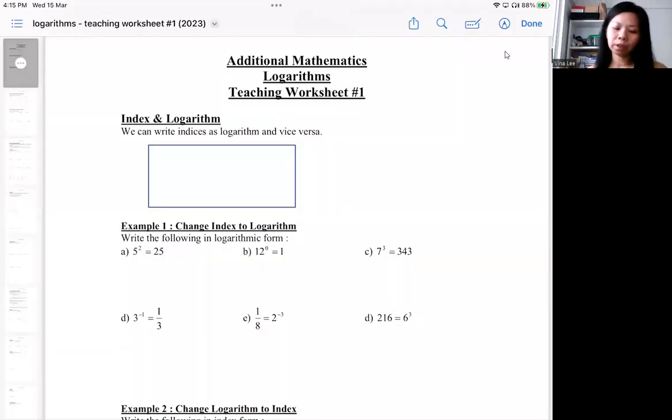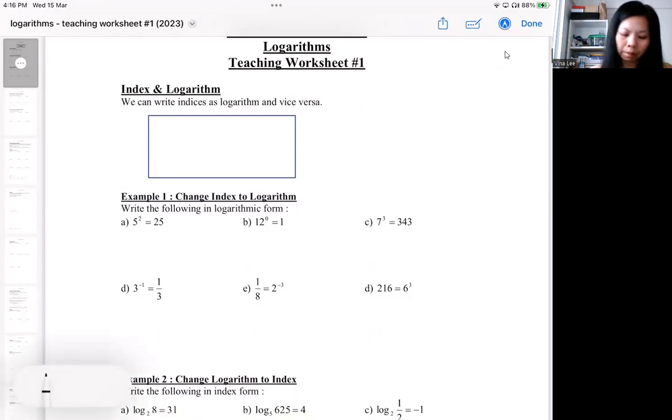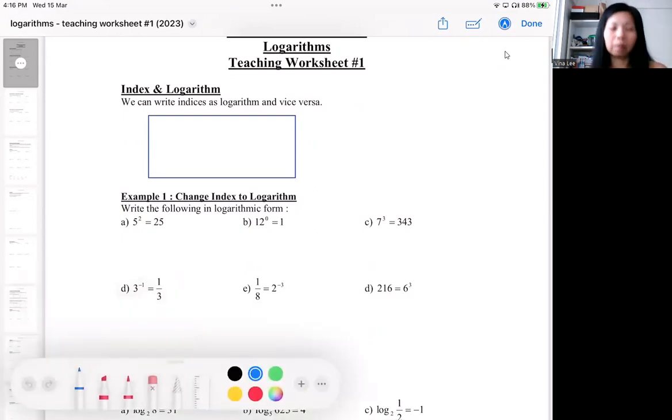Okay, so this section of A math is something very new. It's something called logarithm. At the moment you wouldn't know what logarithm is. So you are going to see logarithm as the cousin of indices. First of all, I'm going to introduce logarithm as the cousin of indices, which means it's somehow related to indices. So if you recall your indices,